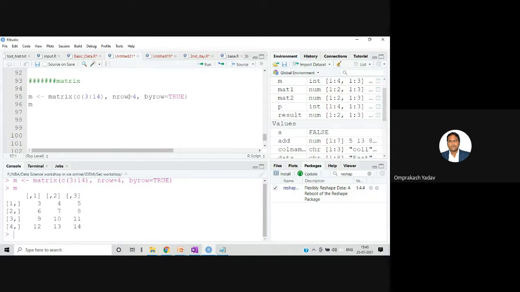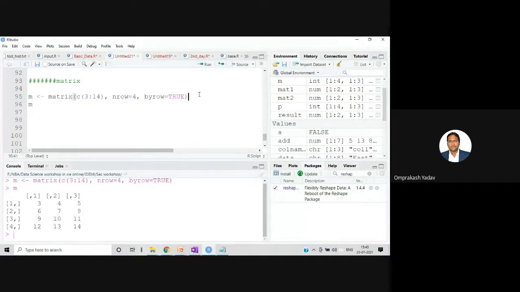Here I have mentioned nrow equal to 4, so there will be 3 columns. And I have said by row equal to TRUE, so it will start from the 3. By row, it is going to lay down the elements. First it will complete the first row, then the second row, then the third row, and then the last row: 3 4 5 6 7 8 9 10 11 12 13 14. So it lays down the elements row-wise.